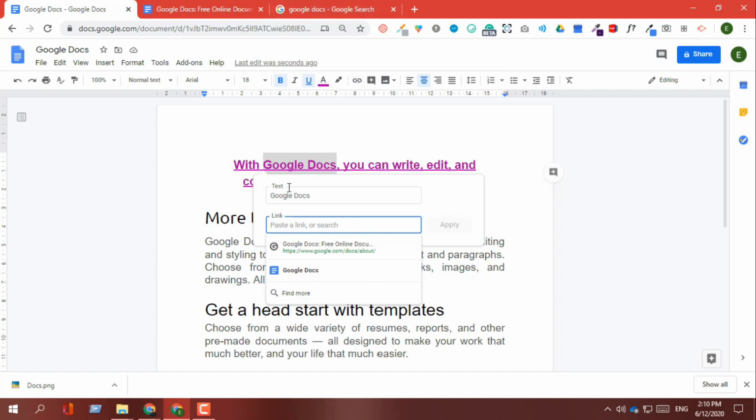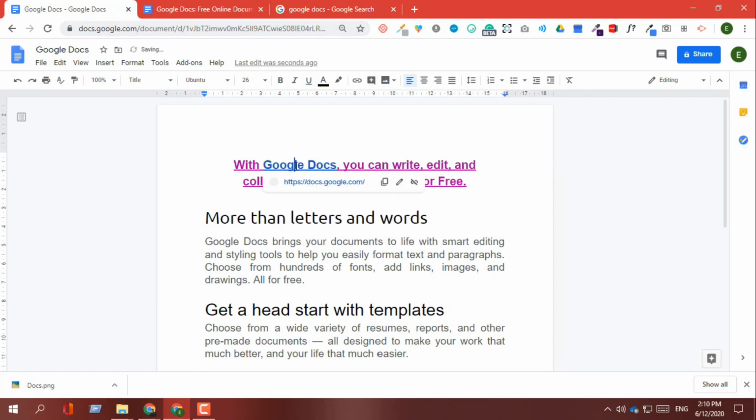One is the text, your selected text, and the link you want, so that if anyone clicks on Google Doc, it will take you to this particular page. Just paste whatever link you have copied here and apply. So if anyone clicks here, it will take him or her to this page.